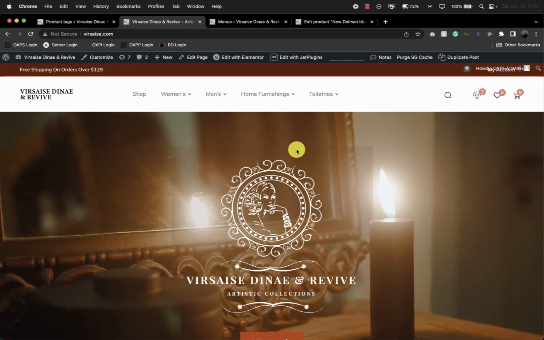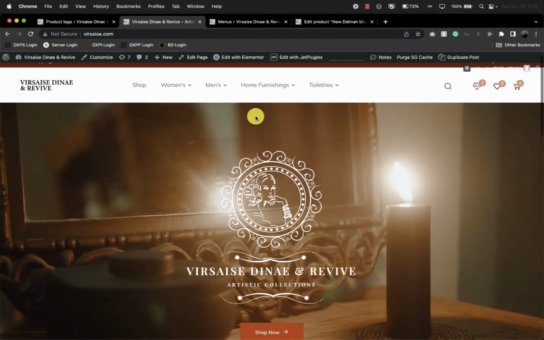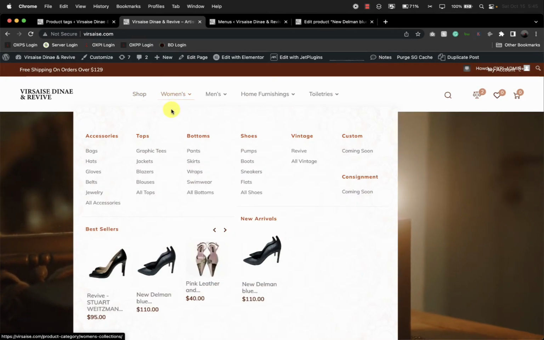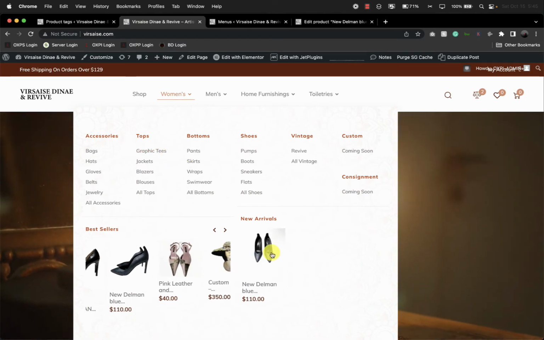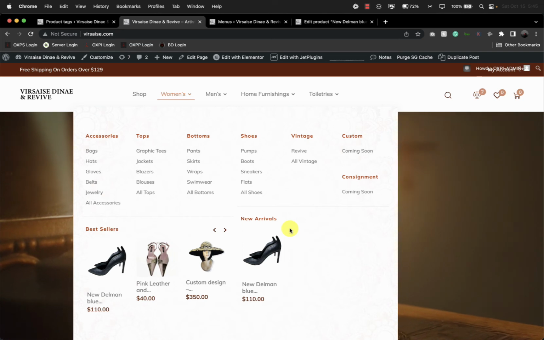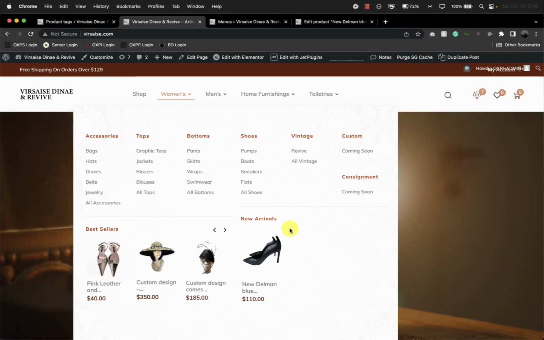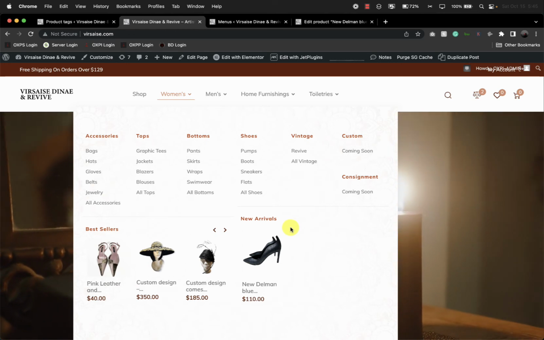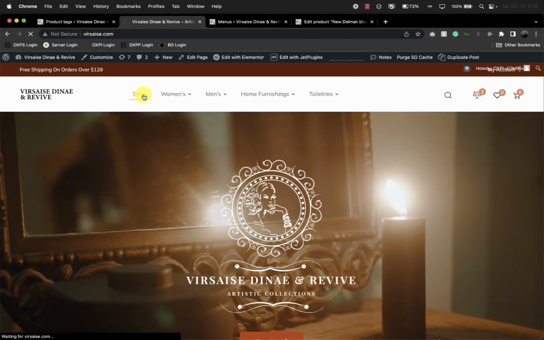Okay, so at this point we've talked about how the actual structure of the page is laid out. We've talked about how the menus work, how submenus work, how to change things if you want, and we've just briefly touched on the product. So now let's get deeper into how to control the products that are showing up on your website. Okay? Now if I go to the shop page right here,